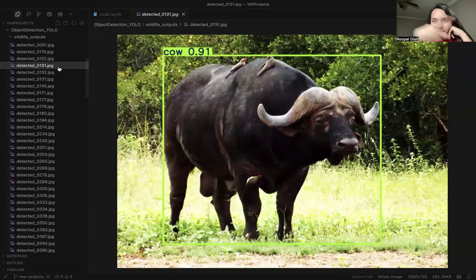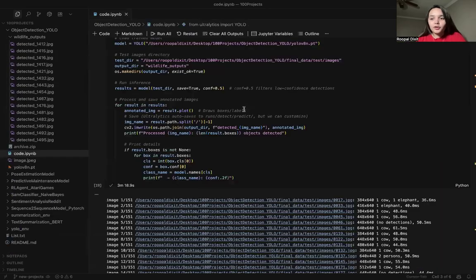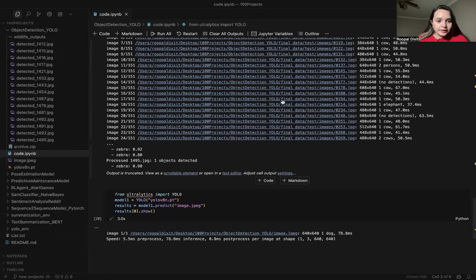And now you understand what I'm trying to say. It went to that testing image, took it, and created a bounding box with the coordinates. It will also provide you a confidence score with the label of what it has detected. It might not be able to detect it properly, so you can train your YOLO. You can use this pre-trained version, or you can train a new version also. And then these are the zebras.